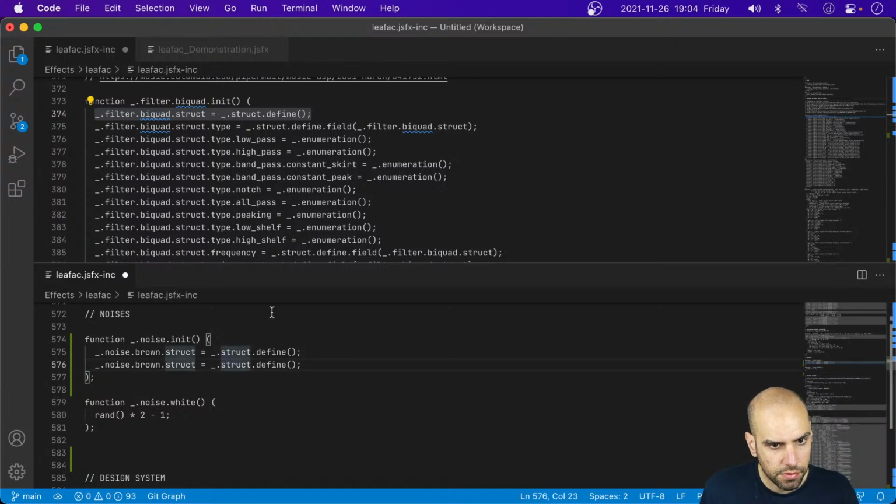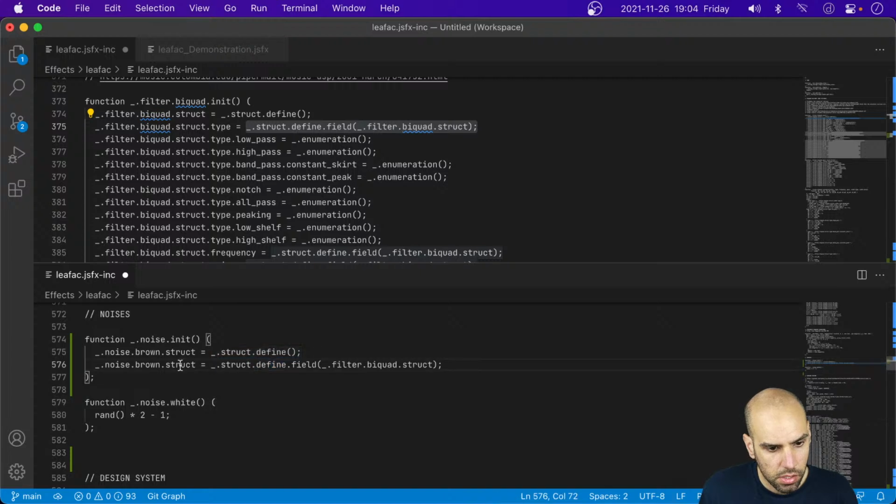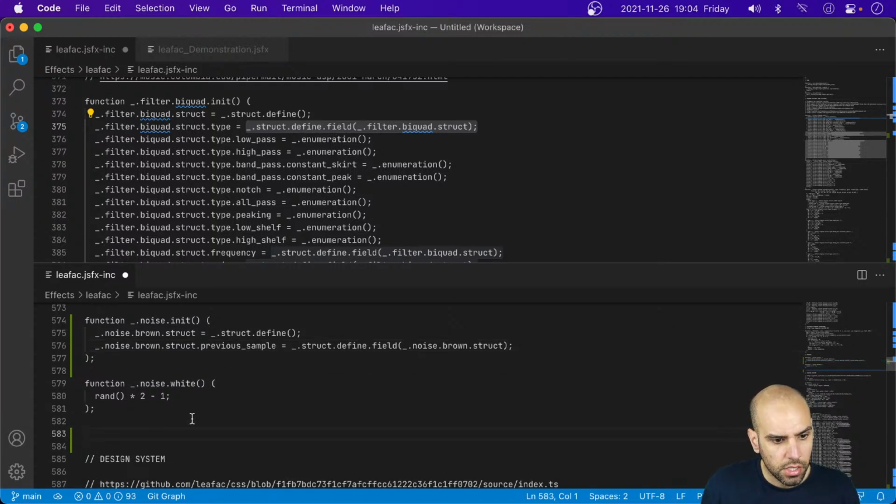And it will have a field called previous sample. And that's it, actually. It's a data structure with a single field. Kind of underwhelming, but it is what it is. Could be even a box, I think. Right, so